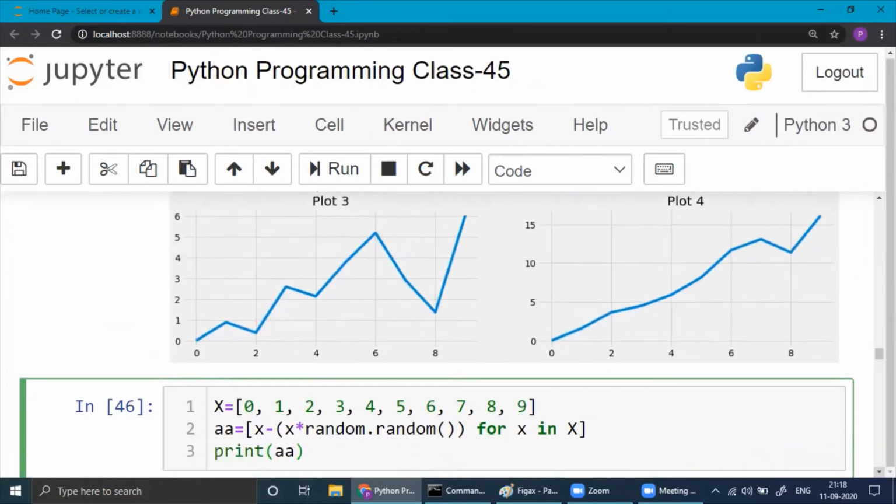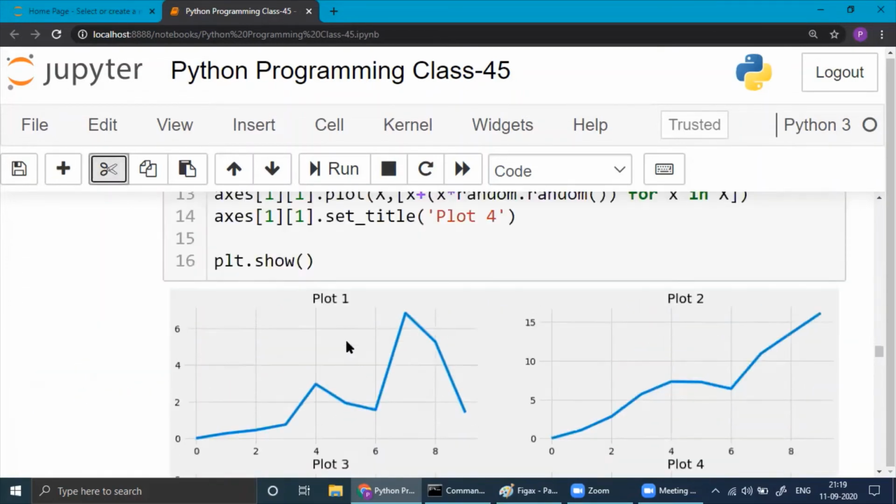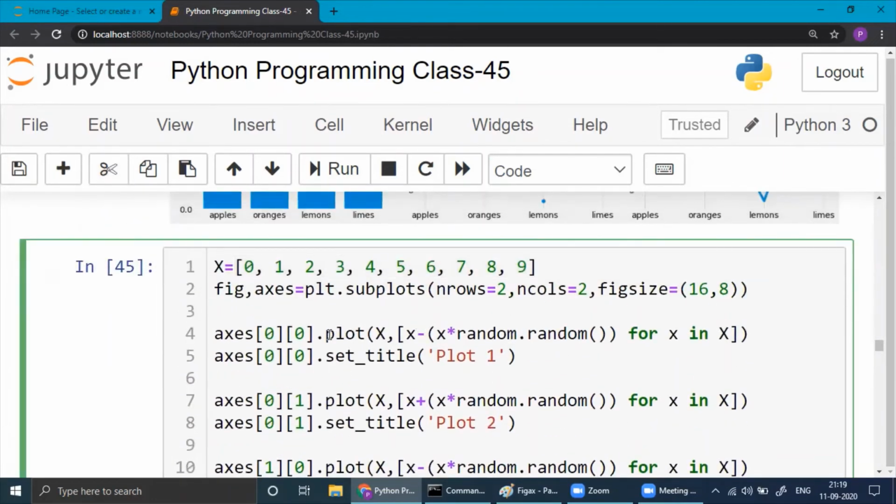The only new thing here maybe for you is this. So within a list also you can write. However, this is not there within 20 videos. You have to watch a 20-second video if you want to know about these lists. This is one expression. Anyway, I'm not going to these things now. So this way you can generate numbers and you can plot.